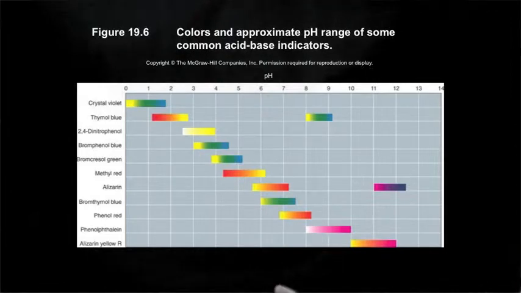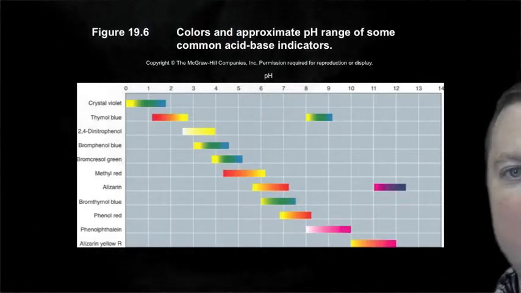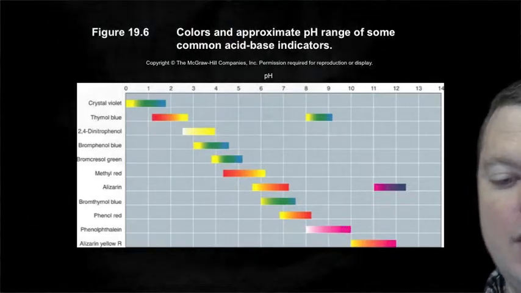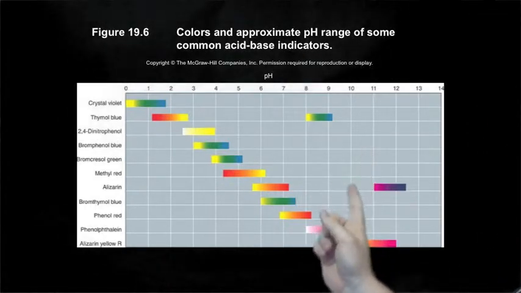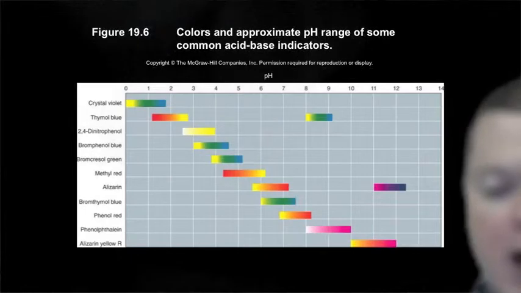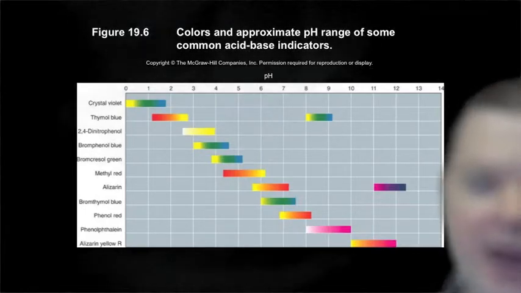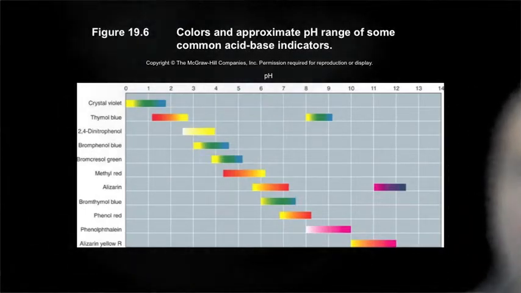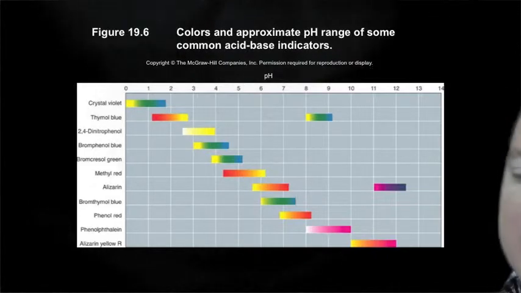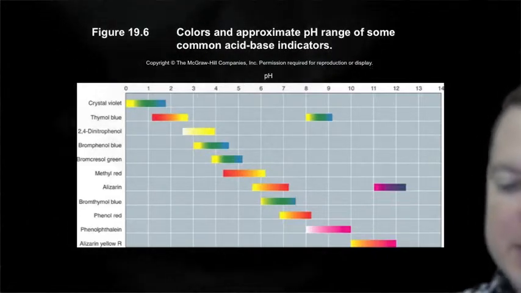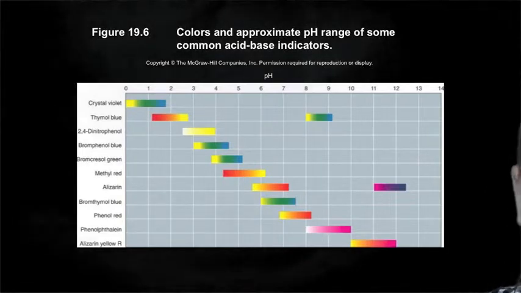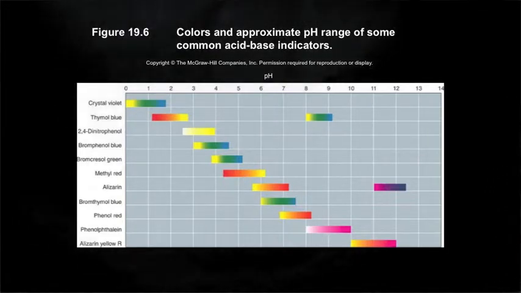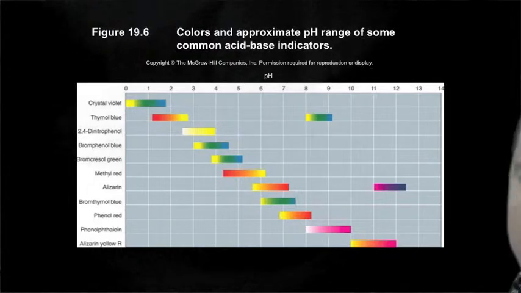Phenolphthalein, which is what we typically use when we do a strong acid, strong base, because it's going to go from colorless to pink at around a pH of 8. Right? If we have a strong acid, strong base, that's going to change at a pH of 7. Gives us a fairly good indicator because it's so dramatic. You've all seen it. It goes from completely colorless to that bright pink very quickly, right around that pH that